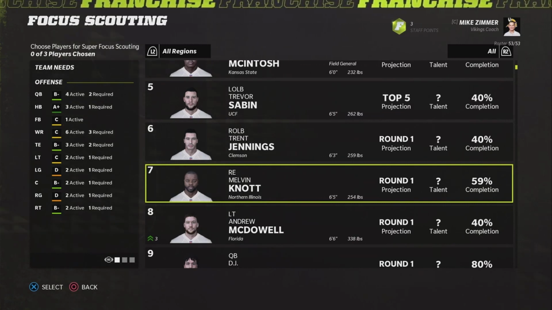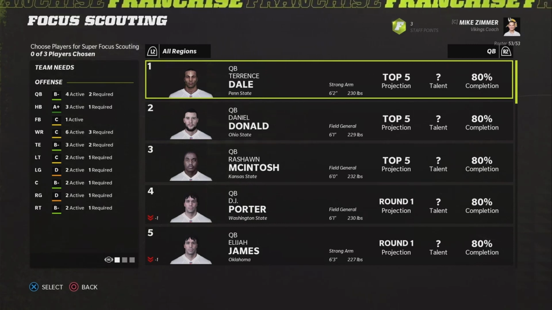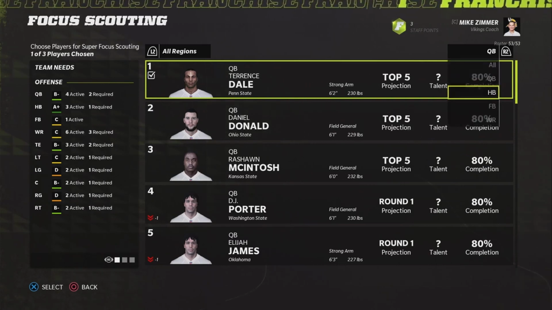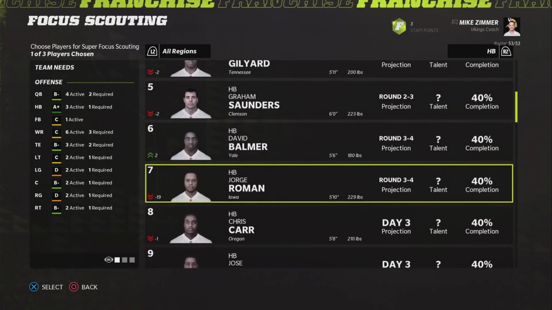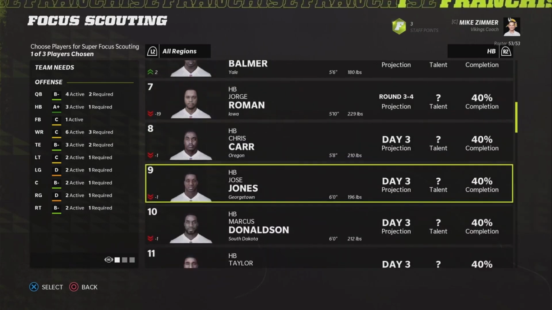So let's go to quarterbacks here. And we're going to choose one of these quarterbacks. Let's do Terence Dale. We're going to choose him as one of our focus players, okay? He's 80% done. Let's see what else we can learn about him. Let's go to running backs. We didn't even scout running backs. But maybe we want to take one later, you know, maybe on day 3. And let's learn a little bit more about...